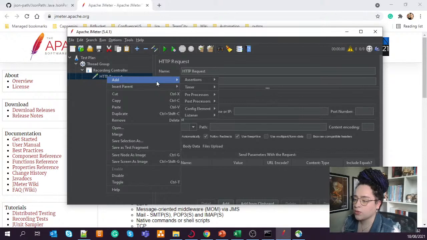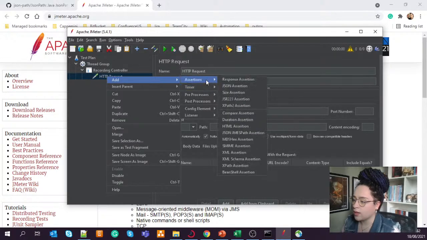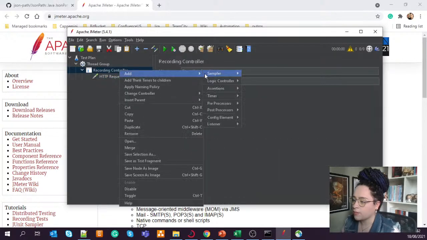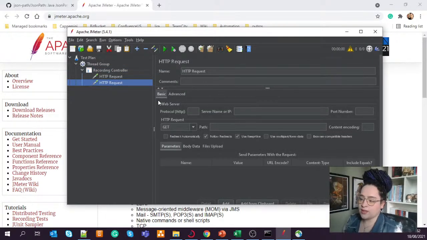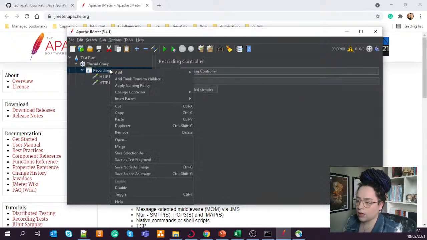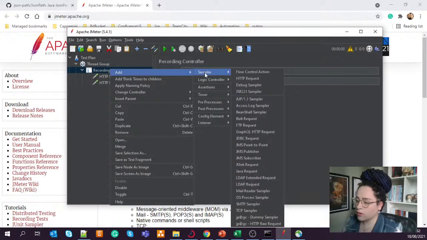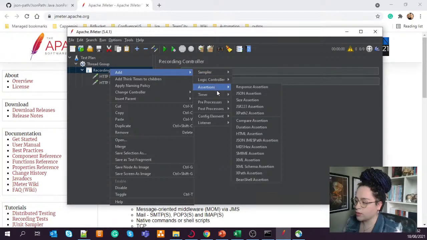I will add two types of samplers. Sorry, not two types, but I will show you two validations, two types of requests, but using the same sampler. In this recording controller, I will put